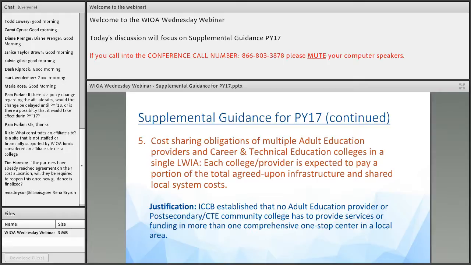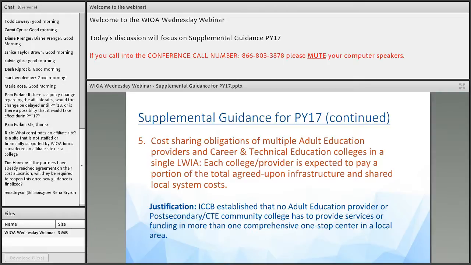Thank you, Levon. Sure. We see additional questions on the chat pod, so I'd like to address those now. Rick asks, what constitutes an affiliate site? Is a site that is not staffed or financially supported by WIOA funds considered an affiliate site, for example, like a college? Rick, I will tell you right now that the definition of an affiliate site varies by local